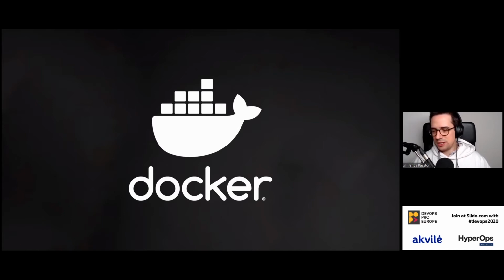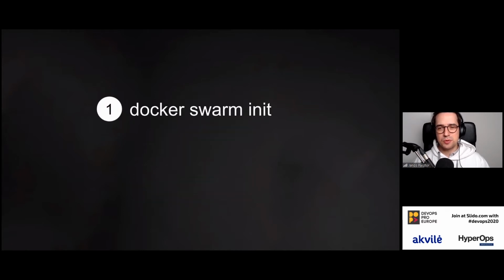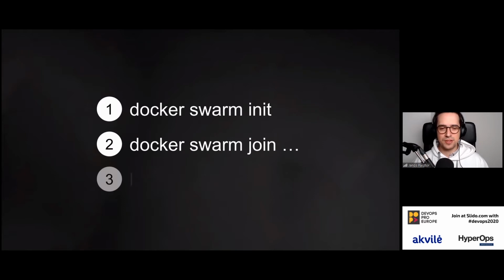Now, why do I even consider switching from Docker? When you go for a Docker Swarm, you do a Docker Swarm init, you do a Docker Swarm join, and then you're happy because you can deploy your containers, you can manage everything from a central place, and it will even account for node outage. So if a node fails, you can simply replace that node with a new node in the cluster. Things become a little more difficult if a master node fails, but that's also doable. However,